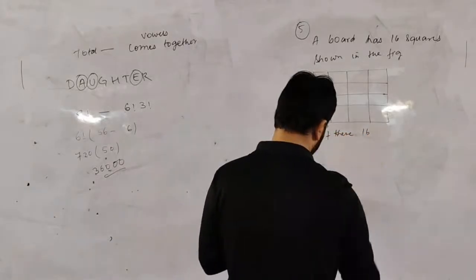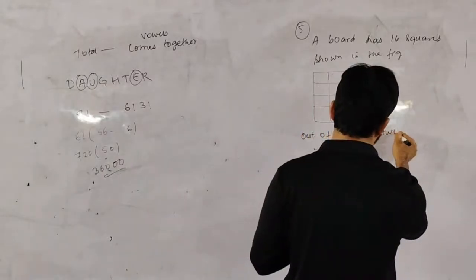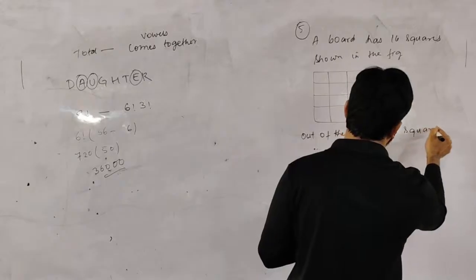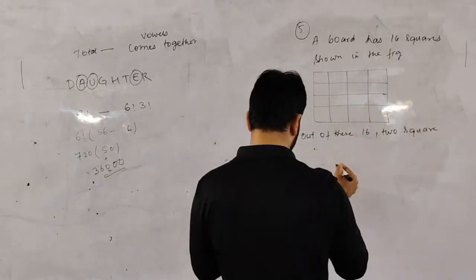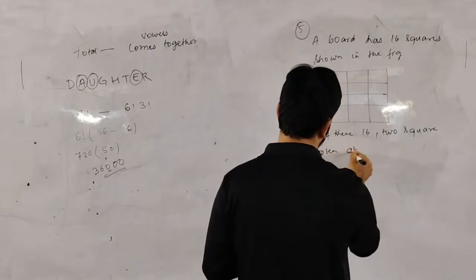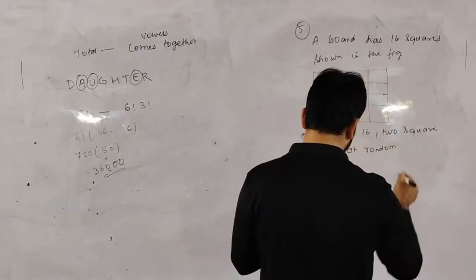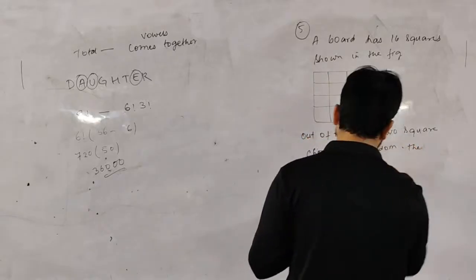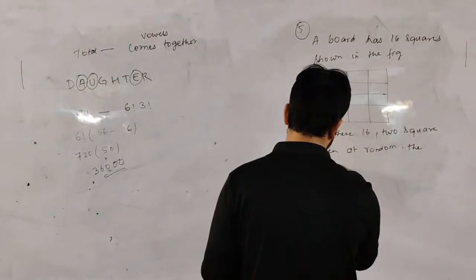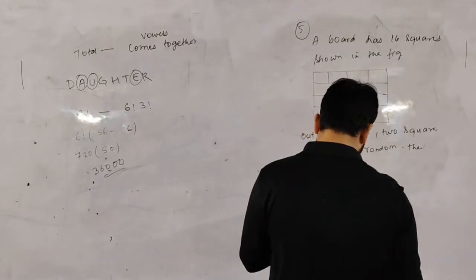Out of this 16, 2 squares are chosen at random. How many squares are they choosing? 2. Okay, this comes under probability as well. No problem. The probability